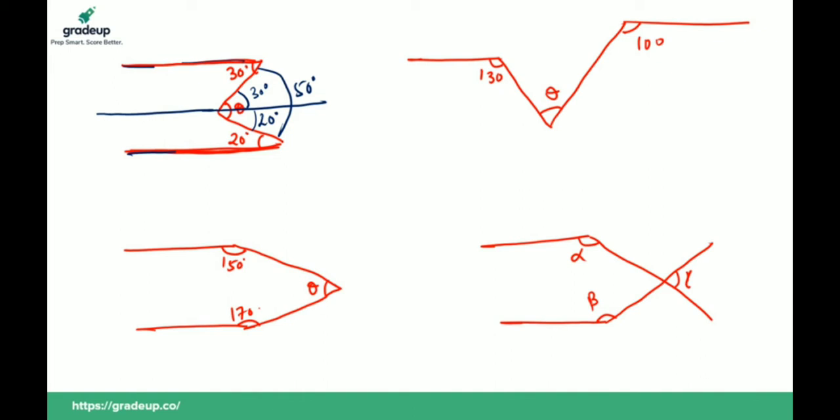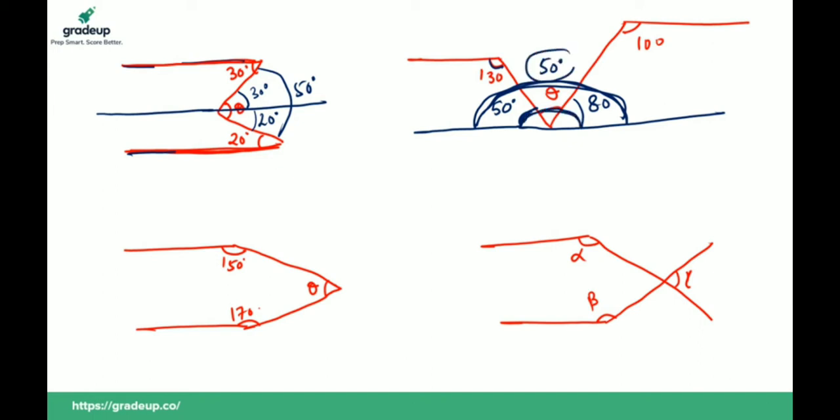Now let's move to this question. First of all, draw a line parallel to these two lines. As you know, these are co-interior angles and the sum of these two angles is 180 degrees. And this is 130, then this should be 50 degrees. If this is 100, then this should be 80. And you all know the linear pair: these three angles form a linear pair. So 80, 50, 30, then this should be 50 degrees, because the sum of all linear pairs should be 180 degrees. So 50 degrees is the answer.